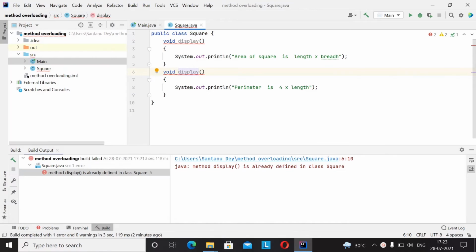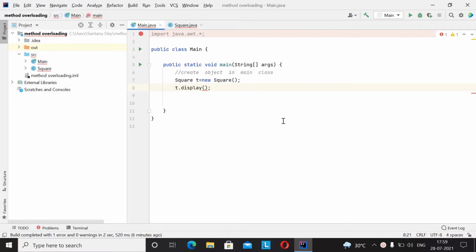The first two conditions of method overloading are multiple methods have the same name and they should be within the same class. Here square is a class and the two methods in the square class are display, they have the same name. The first display will display area of the square is length into breadth and the second one will display perimeter is 4 into length.